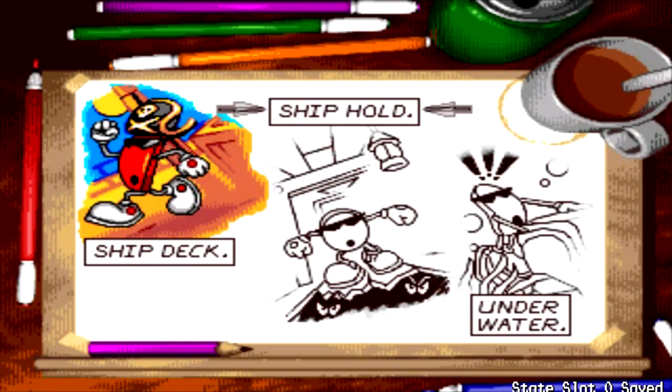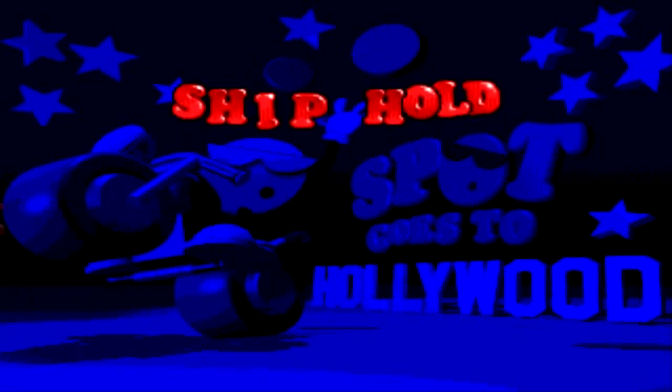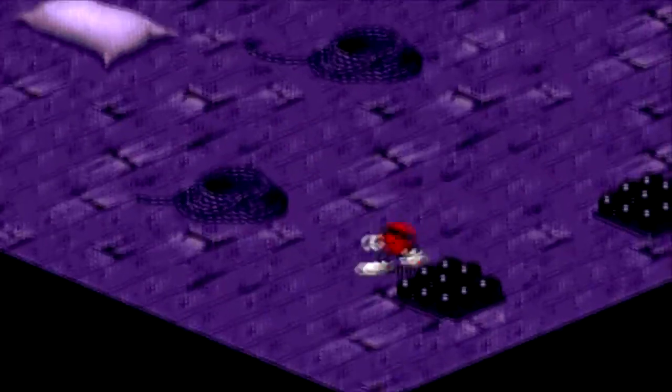Whatever. Alright, so we're totally not saving states before we get into the next level, the ship hold, where 20 spots are available. Wonderful. And once again, recover 60% for the exit. Fine. Now, like I said, until the actual 3rd level, I didn't really get any help